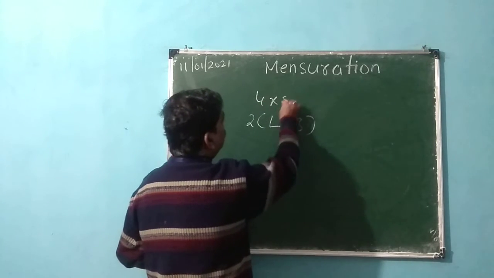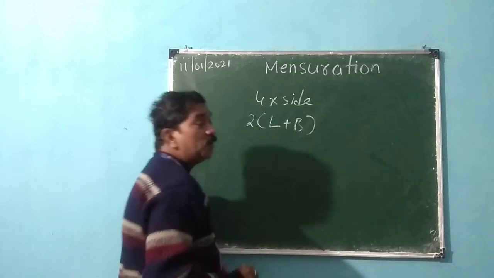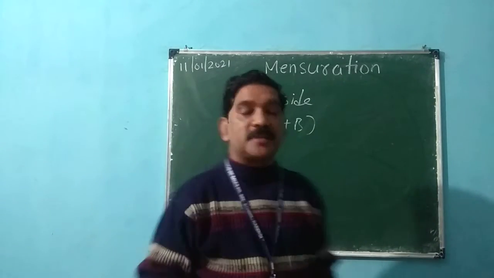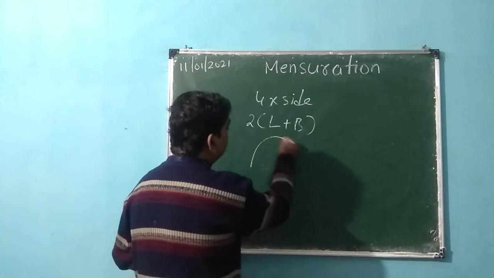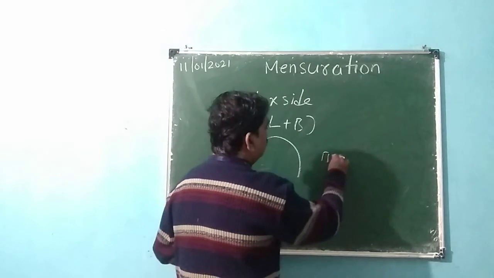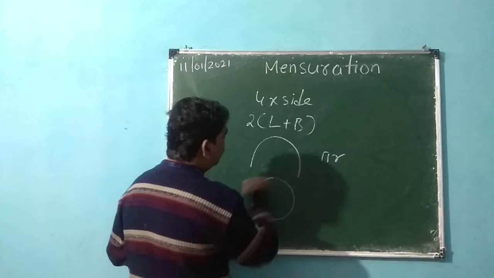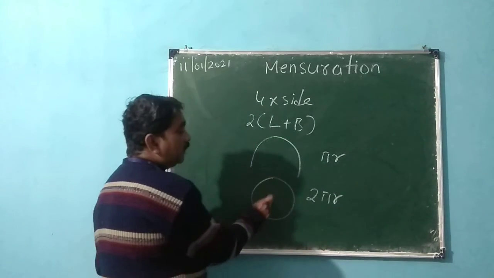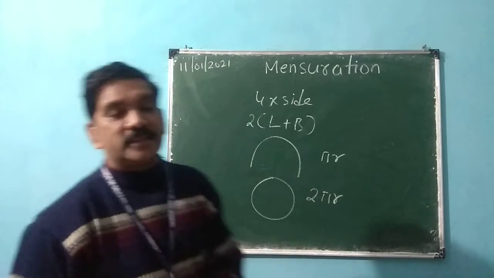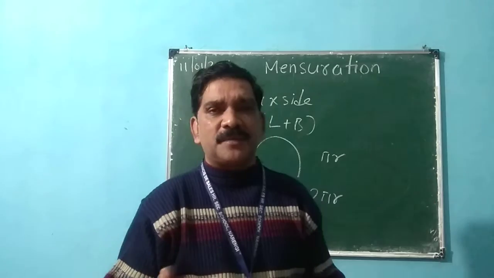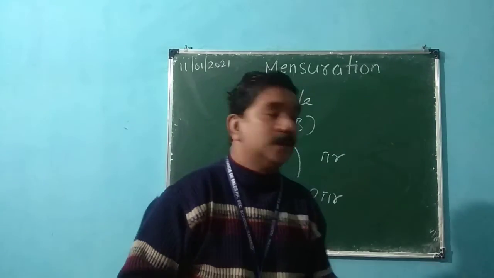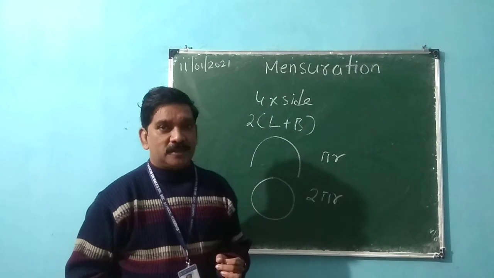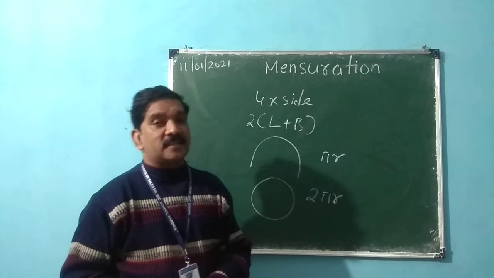And this was 4 into side was the perimeter of square. We also studied about the circumference of semicircle. Circumference of the semicircle is pi r. Alright. If it is a complete circle, then it is 2 pi r. Double of this is this, or half of this is this. R is the radius and the value of pi is 22/7 or 3.14. So this is what we did in our exercise 11.1, and we had already started exercise 11.2.